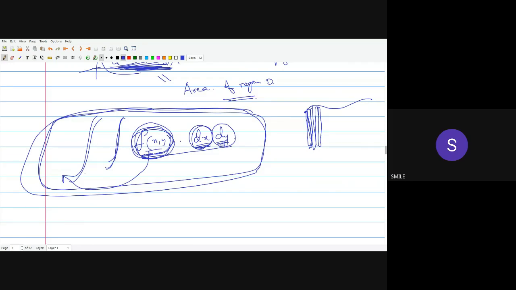But sir, if f of xy is outside, then we are just adding dx and dy inside the integrals. So those integrals will be adding the area. So will we get an area? That will be equal to area. That's it.